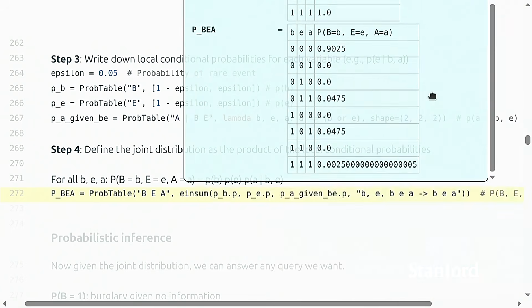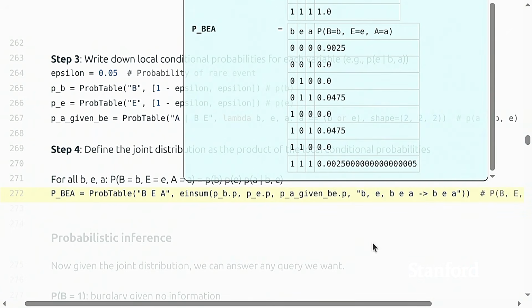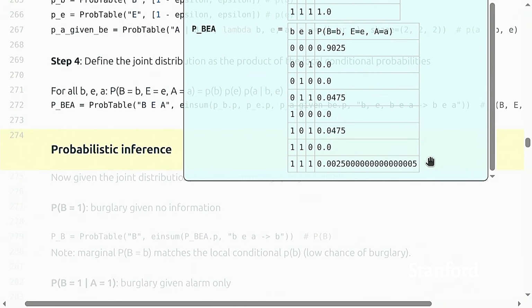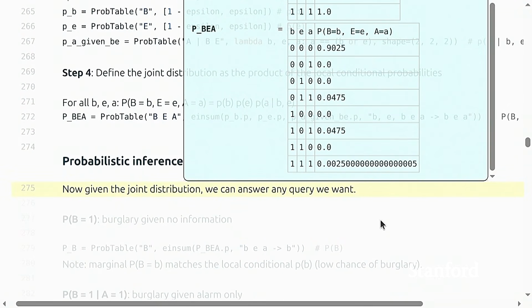Okay, so let me pause here. These are the 4 steps, and we've defined the joint distribution over all random variables, and that characterizes the problem's setup precisely. The next part is, once I have this joint distribution, this is our database, right? Now I'm going to do the equivalent of SQL queries, and that's probabilistic inference. So now we can answer any queries we want. I'm going to do a few, and we're going to look at what the results tell us.